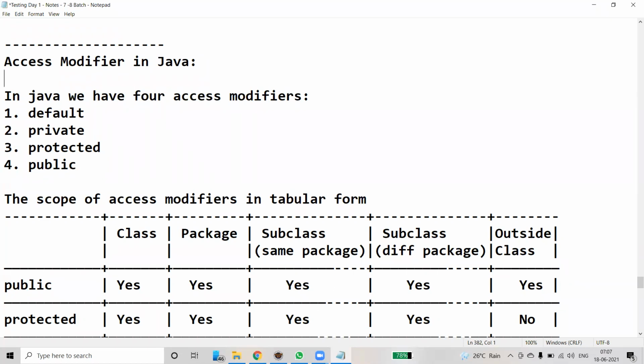It means that if you have a class with a default access modifier in a package, only the classes that are in this package can access this class. So we create a class, but we don't add any access modifier. That means they are default classes. I will show you one simple example.